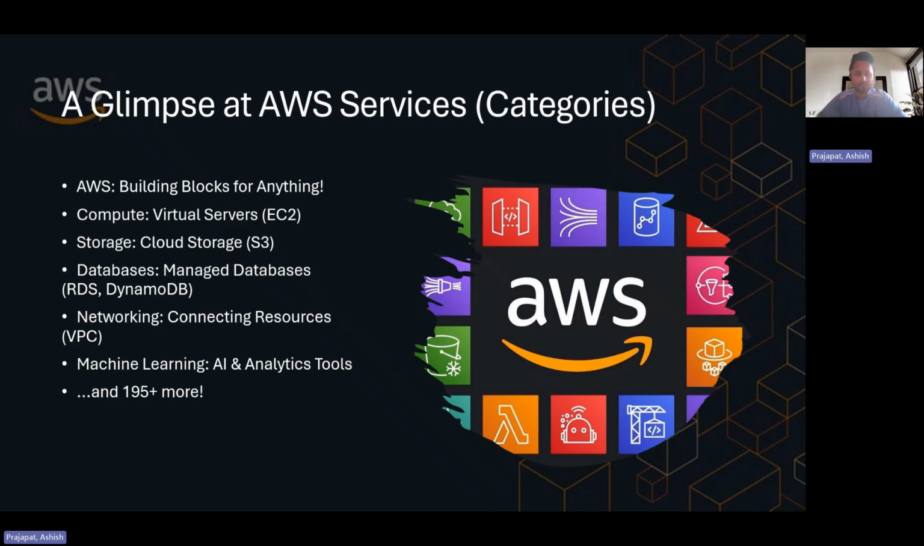So there are multiple services, and all of those services are categorized in different categories. So the first category we can talk about is compute. Compute is for virtual servers. Let's say we use a laptop or desktop, those are hardware, physical machines. If we talk about a similar thing in virtual, then those are virtual servers. So AWS provides those servers, and there is also storage, cloud storage, like storing your files and videos and